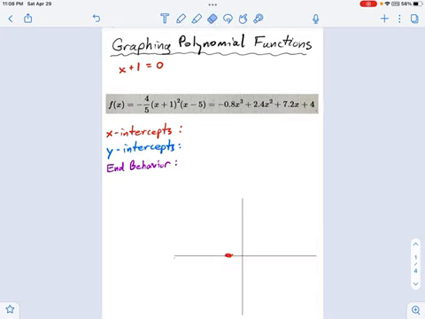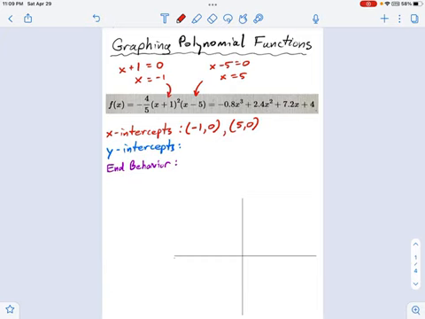Whoa. I'll be a little more careful with my eraser. There we go. So we're going to set x plus 1 equals 0, and that means x equals -1, which produces this coordinate point, -1, 0. I'm going to do the same thing with this other guy over here. I'm going to say x minus 5 equals 0. Well, that means x equals 5. And that means I have another x-intercept at 5, 0. So you'll have as many x-intercepts as you have factors. If you have 3 factors, you'll have 3 x-intercepts, and so on.